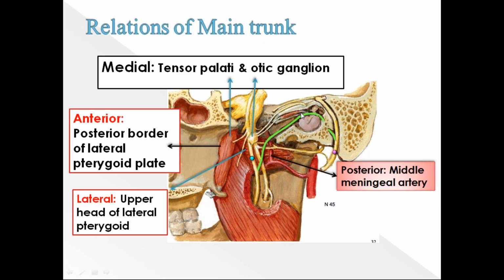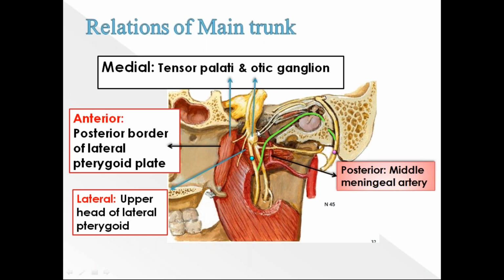Notice this is the middle ear. You can see the middle ear cavity, and here you can see the sphenoidal air sinus. Now just see, this is the medial pterygoid muscle, and on the lateral surface of the medial pterygoid plate you can see the tensor veli palatini muscle. Deep to the medial pterygoid, you can see the upper head of the lateral pterygoid muscle. Now see the trigeminal ganglion and three divisions: ophthalmic, maxillary, and this is the mandibular division.